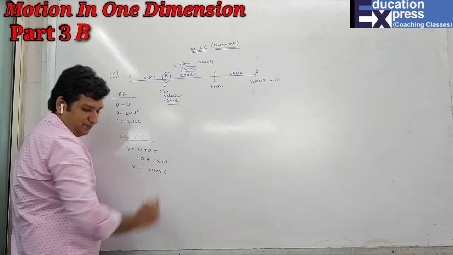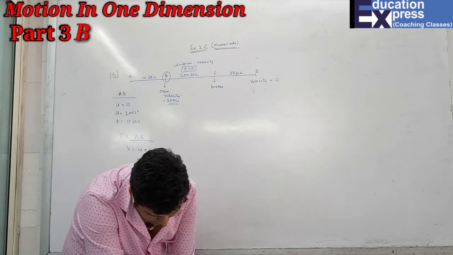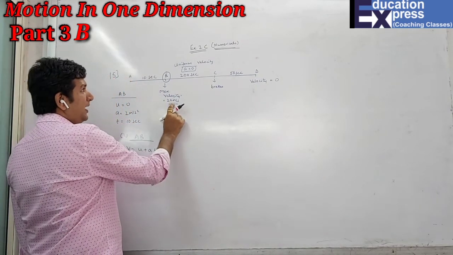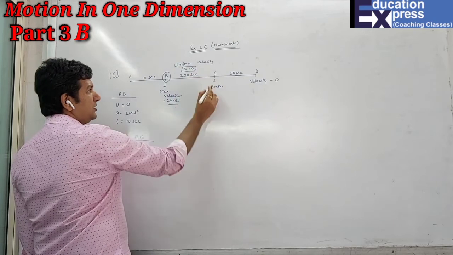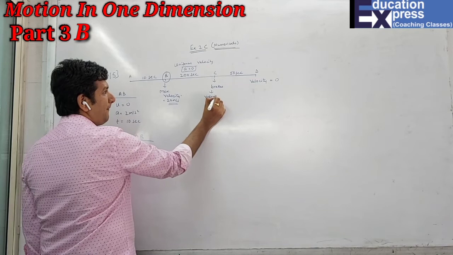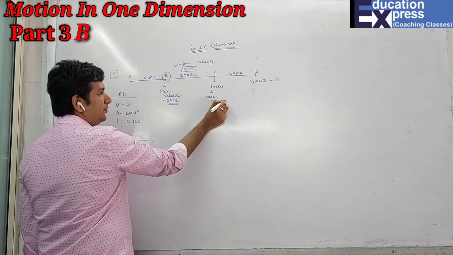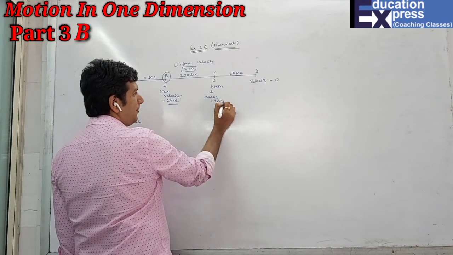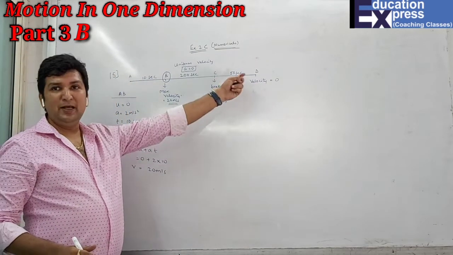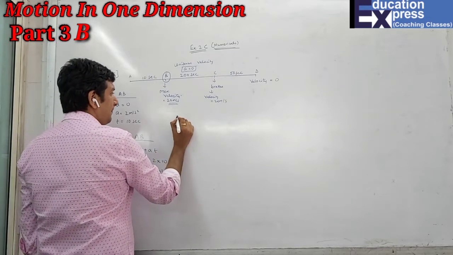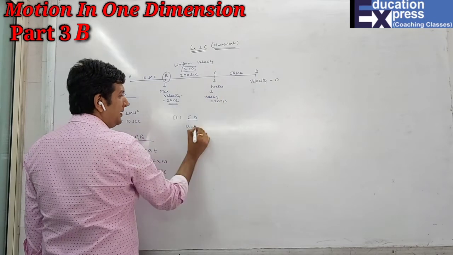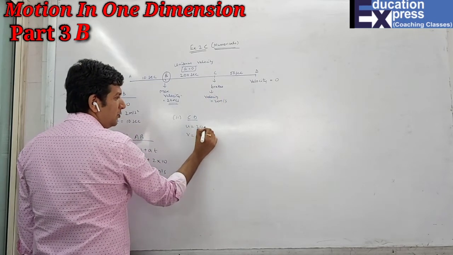In the second part, the retardation will last 50 seconds. Now this 20, it had continued for 200 seconds as uniform velocity. That means at point C also the velocity was 20. And then brakes were applied. So where was the retardation? In the CD part. So for the CD part, what is my initial velocity? 20, final 0.